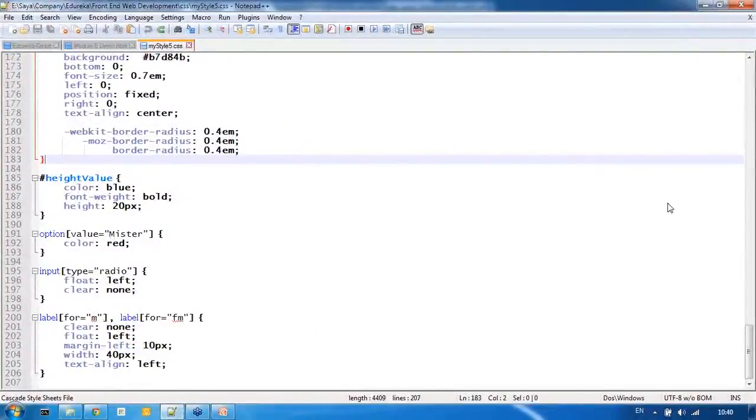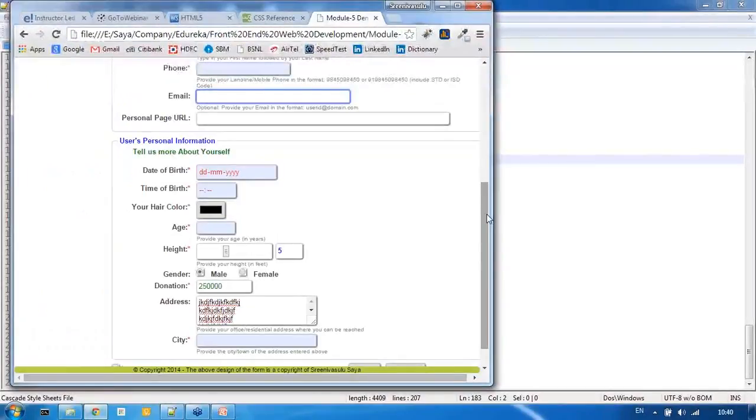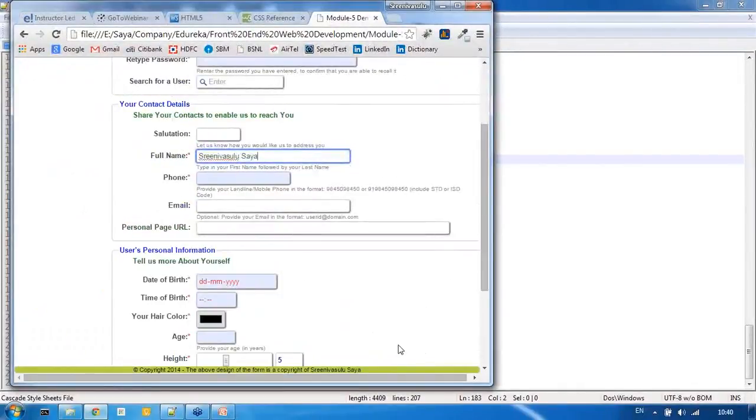Now what is autocomplete? See, the behavior is not very consistent across the browsers. That's the reason why I cannot demonstrate it. For example, if you entered some value here, like the name, okay, now I entered the value here, and then I successfully submitted this form first. Now later on, let's say tomorrow, after a few hours or a few days, if you come back and give this information, it knows that okay, for full name you entered Srinivasulu Saya, and next time when you